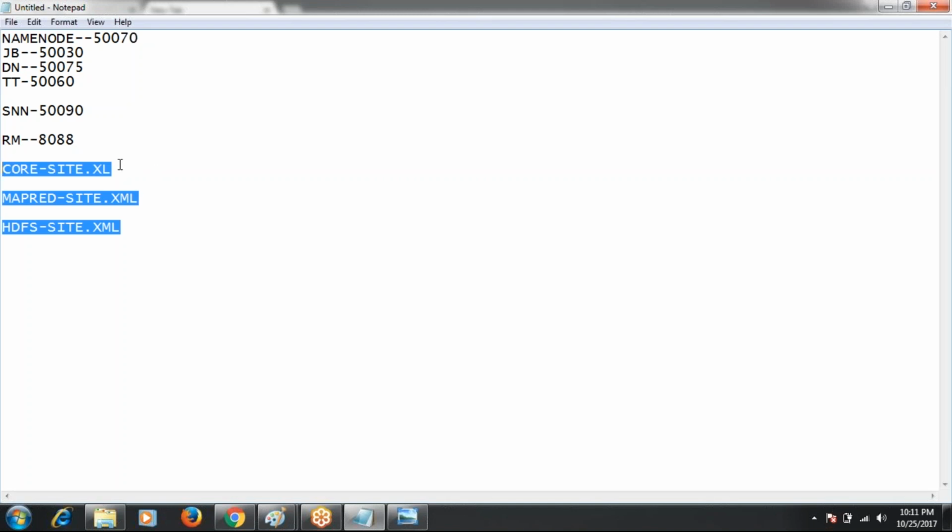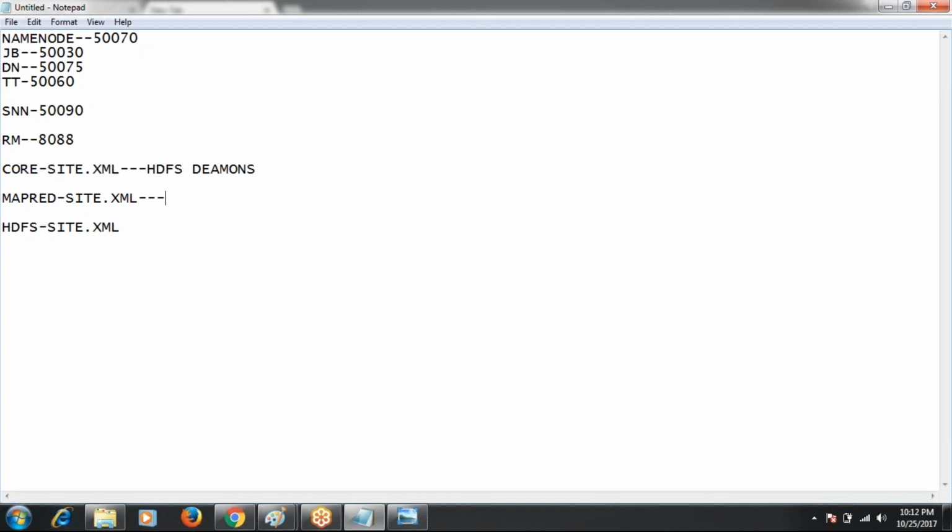In core-site.xml, we'll configure the HDFS daemons. What are the HDFS daemons? Name node, data node, secondary name node. These three are configured in the core-site.xml file. In MapReduce-site.xml, we'll configure the MapReduce daemons like job tracker and task tracker, or resource manager and node manager.